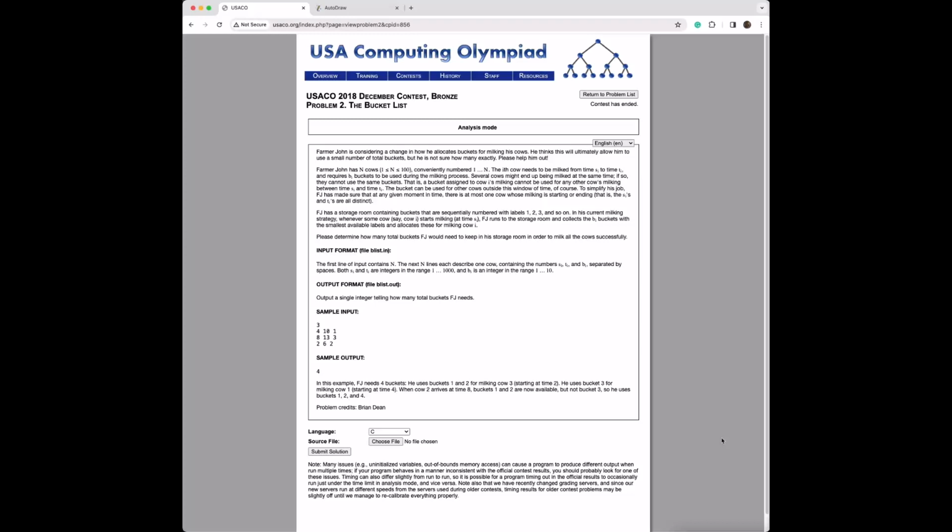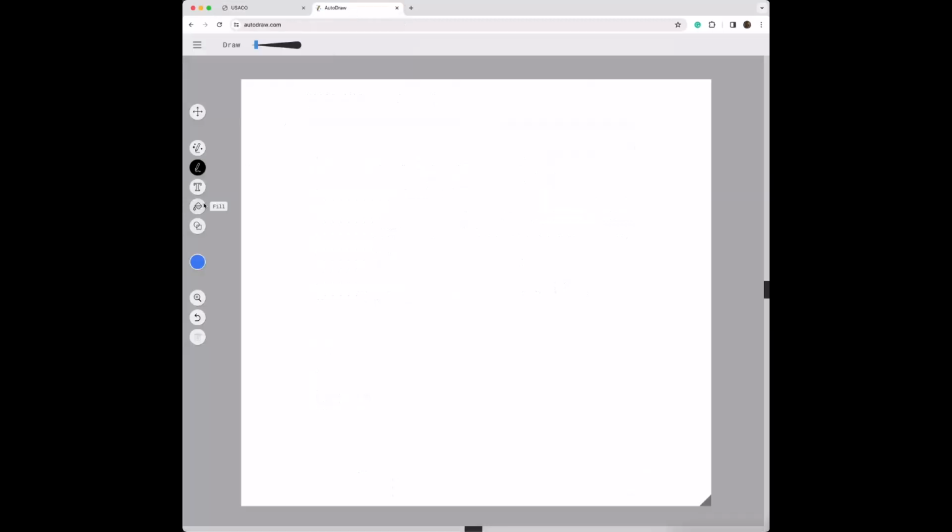So obviously you can't use a bucket at the same time twice. If two different cows need a bucket, then you'll need to use two buckets. But if a cow is finished with a bucket, then you can use that bucket for a different cow. So if we visualize the problem,